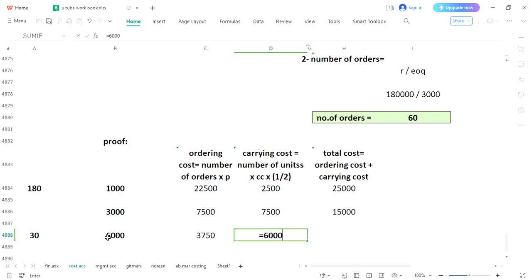Then you will multiply carrying cost which was 5 and then formula 1 over 2, that means 0.5, put 0.5 over here. So you have calculated your carrying cost as well. Now we will be putting it to calculate total cost, which would be a sum of ordering and carrying cost. Ordering cost 3750 and then you will add carrying cost which is 15,000. So you have your amount